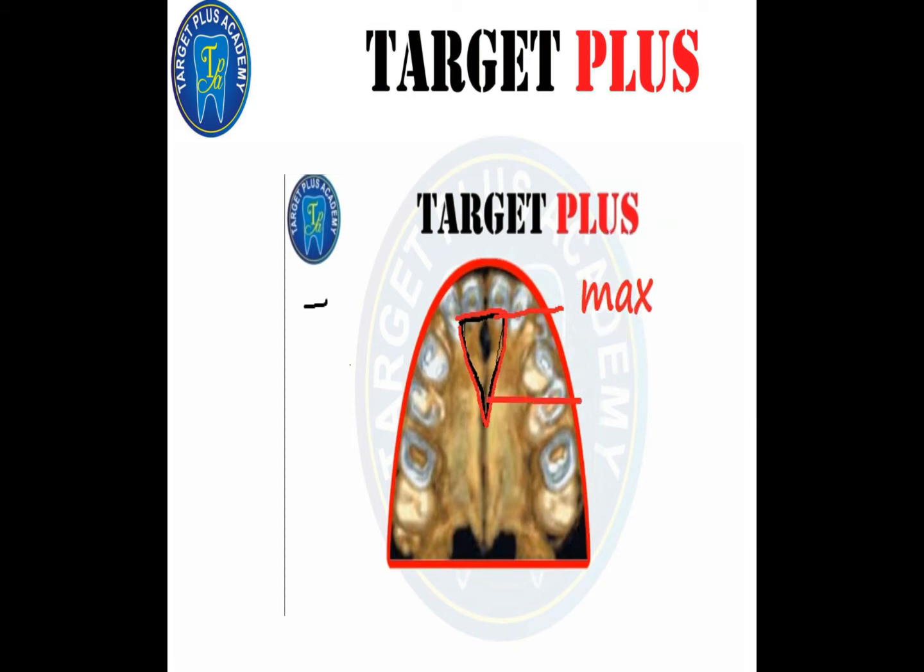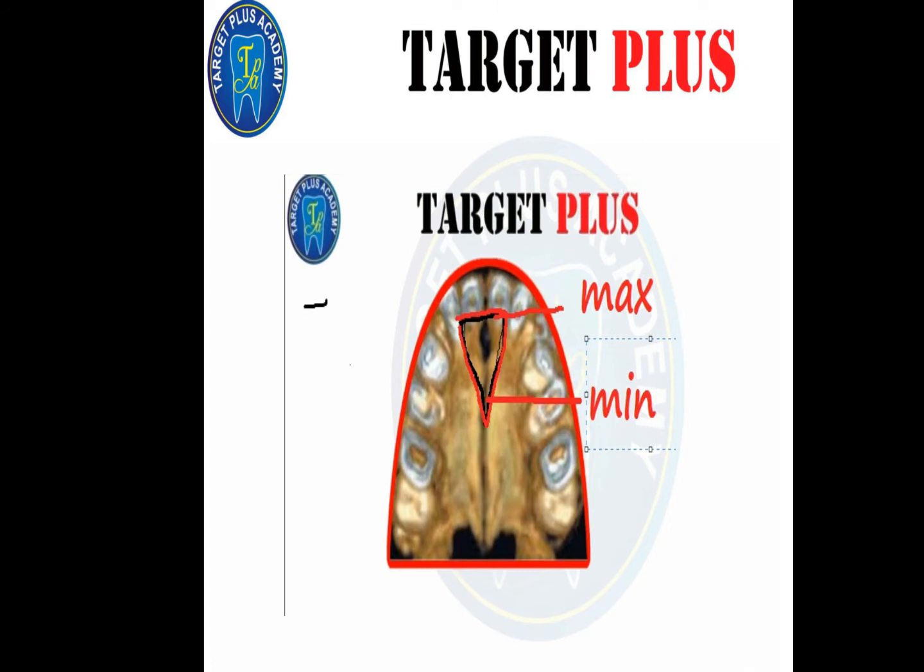So remember, the maximum opening will be toward the oral cavity and less opening toward the nasal aspect. Now, how much expansion can be achieved? Next question is, how much expansion can you achieve with these devices? An increase in maxillary width up to 10 mm can be achieved by rapid maxillary expansion. So remember, the rate of expansion is 0.2 to 0.5 mm per day.